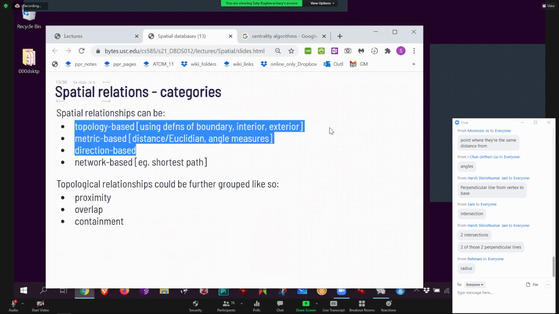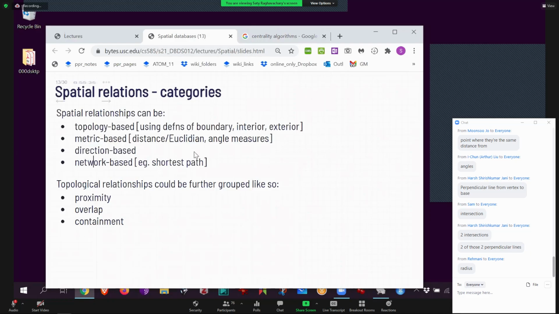Yeah, so metric-based is actual distances. You can also do direction-based. You can take a point and say, give me all the other points that are northeast to me. And then it does the northeast calculation. And then this is shortest path, where I already mentioned this, okay, graph algorithms. So even though they're all functions, loosely speaking, there are different kinds of functions. And then within topology, the whole interior exterior, you can talk about proximity. Is something close to something, or is something literally overlapping something, or is something completely contained in something? It's like a subsection of topological.